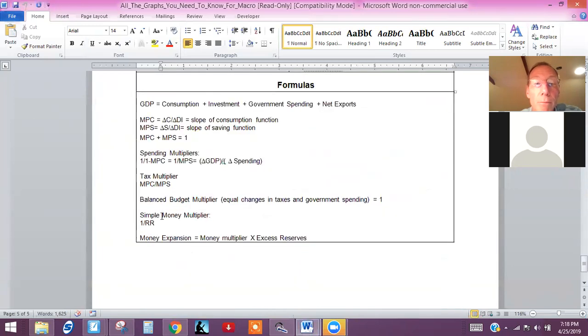Right down here: 1 over the reserve ratio, which is a percentage. It's not the actual amount of money that a bank has in reserves. It's the percentage of their demand deposits that they need to keep in their reserves. And the only other thing I want to remind you guys of is